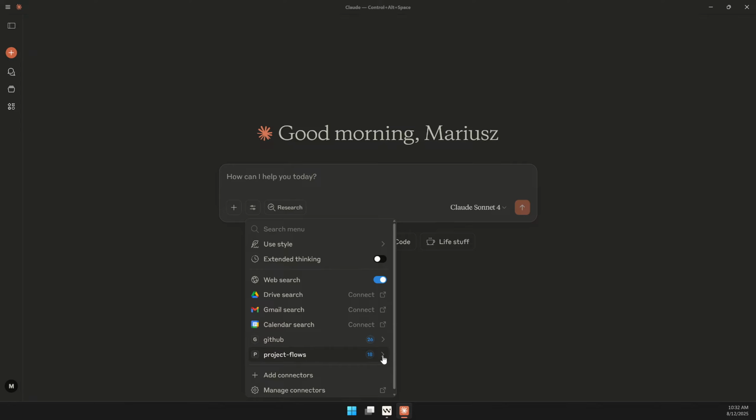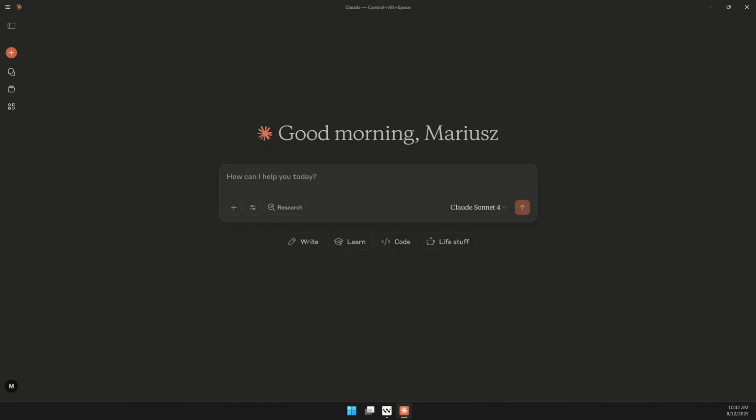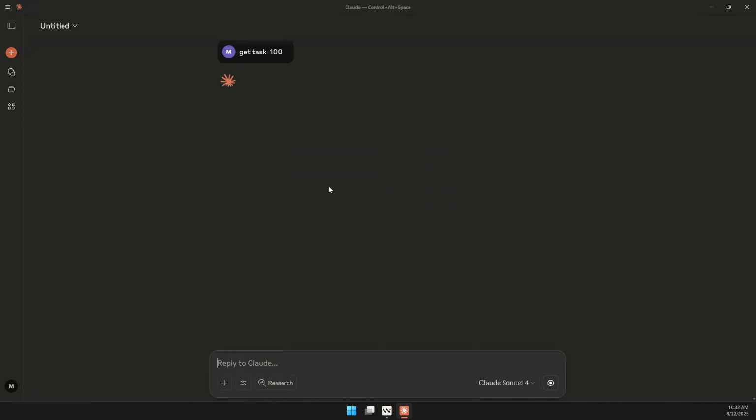And as you can see, we've got all the tools in here. So sometimes, if I don't want to use Claude Code, I can use Claude Desktop connected to the same MCP server, and here I can get task 100. And again, it will load it for me. And if I want to work on it in here, improve it, do some research, get some stuff online,